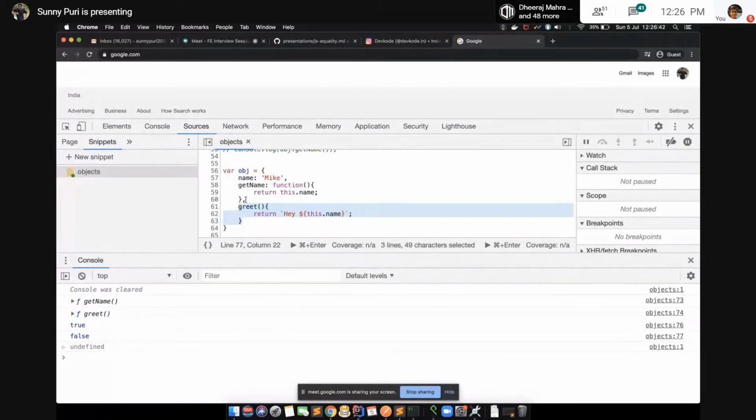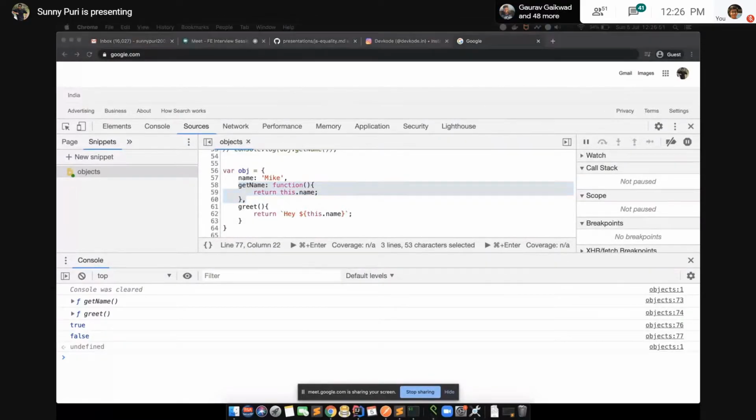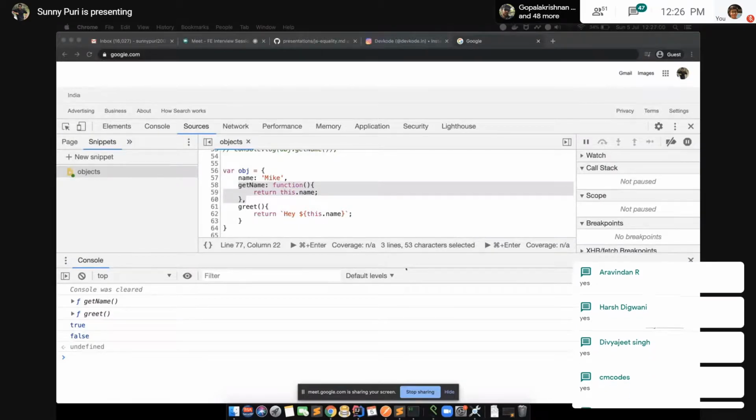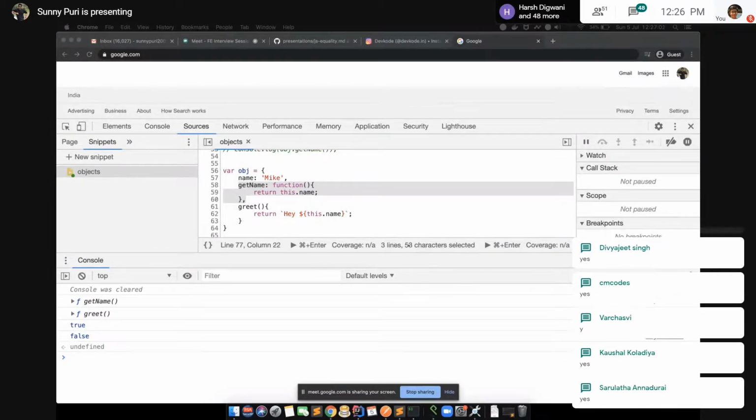If there is a constructor and you are going to create an instance using new in future, always use this approach. This is clear, guys? Objects part? Okay, so let me comment this out.